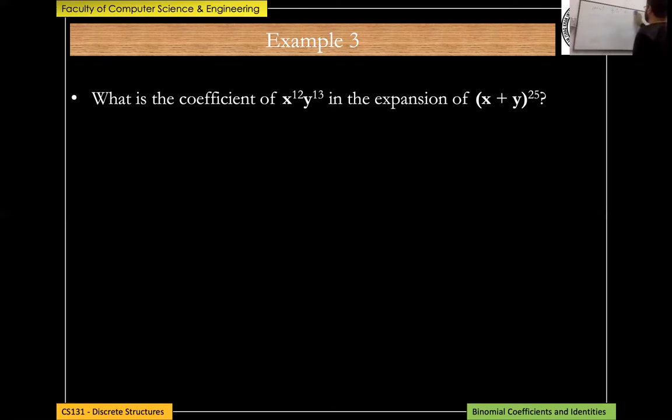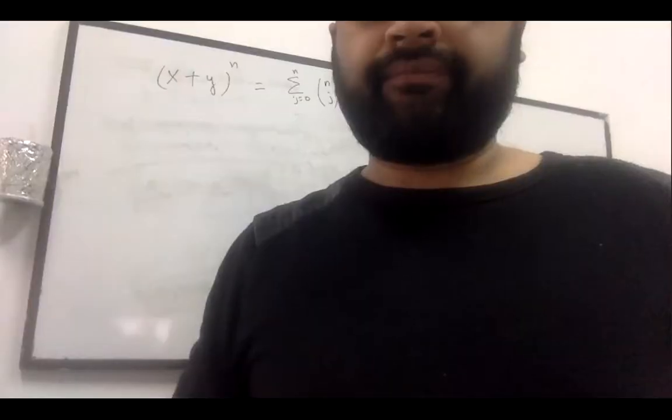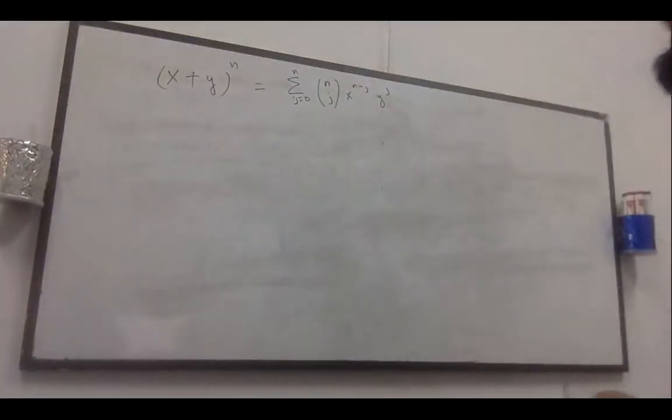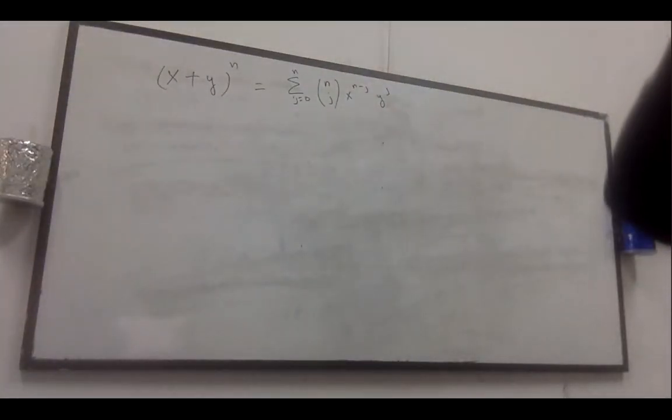So this is the formula that we have: (x + y)^n. When n is equal to 4, you can fit it in however you want. Here the question is, for n equal to 25, we should be able to find it. So x is equal to 20, n is equal to 25, we have to find it